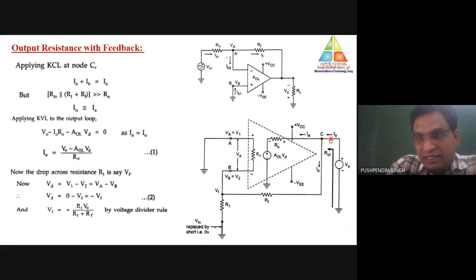Similarly here, this output current is divided into two parts. One part is IA and the second part is IB. Now what is the behavior of the current? As per the behavior of the current, current will follow only the minimum resistive path. Current will follow only the path which has the minimum or zero resistance.